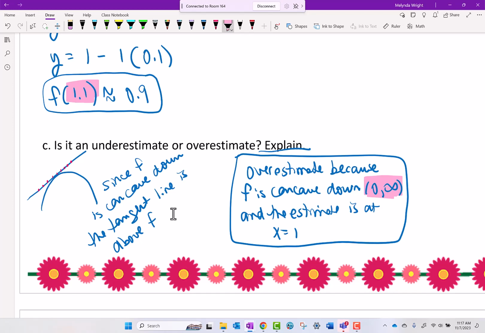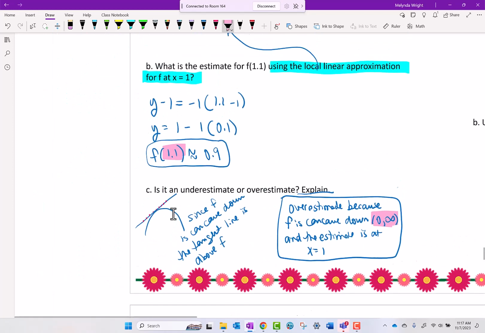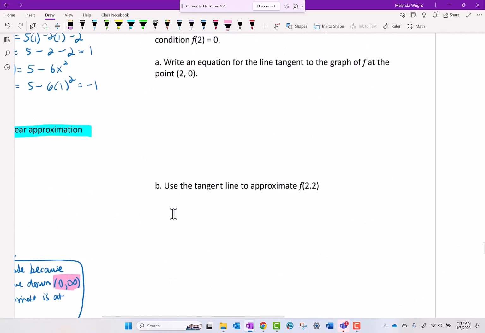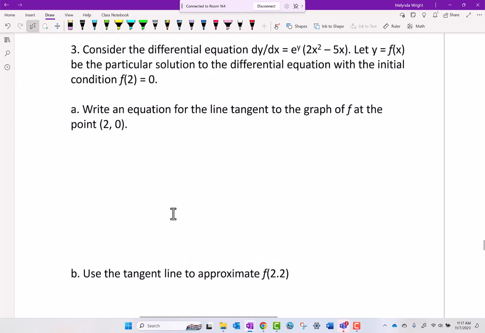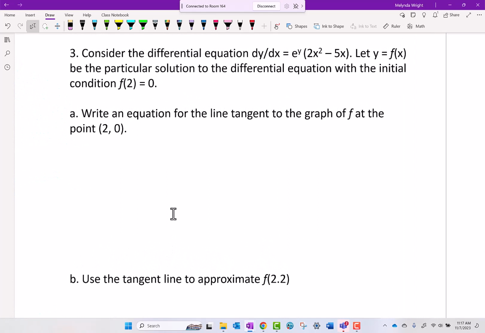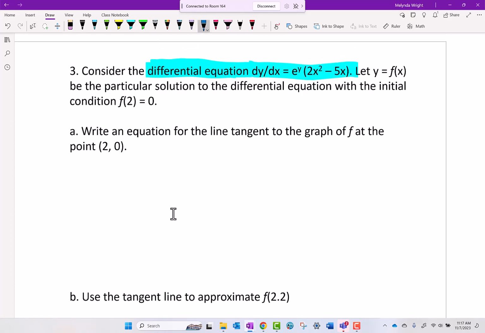Okay, are we okay? All right, one more. So now we have a differential equation, which is a fancy word for a derivative. Okay, this is a differential equation, just means derivative. We have a derivative. Let y equals f of x be the particular solution to the differential equation. Those are words that just mean the solution, right, is like the position. That's all that means. Solution is like position, with the initial condition of